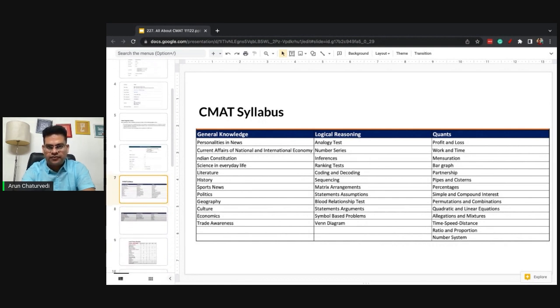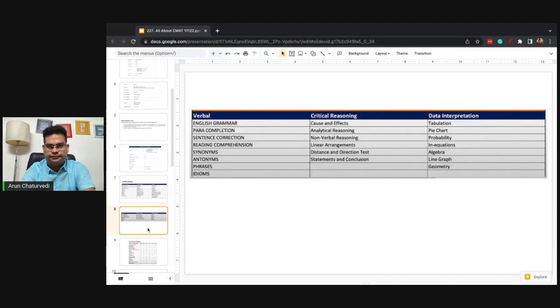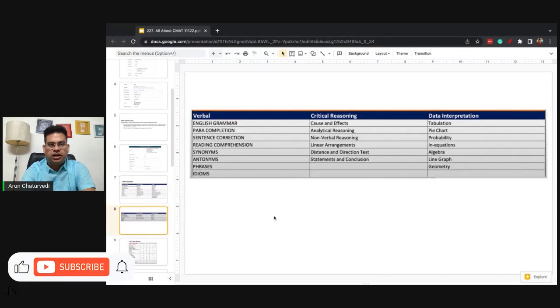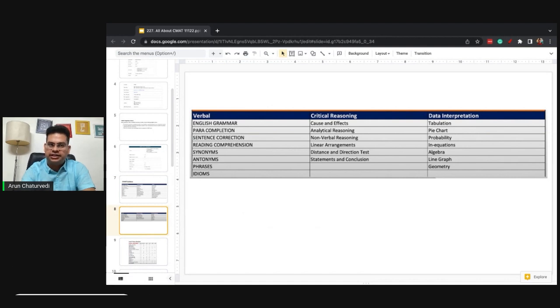I'll give you a breakup of the number of questions from each segment. Verbal is similar to CAT: para completion, sentence correction, RC, synonyms antonyms. Though it is mentioned in the syllabus, the questions are not that many, maybe one or two questions in a paper. Phrases, idioms, critical reasoning, cause and effect, analytical reasoning, non-verbal reasoning, linear arrangements,